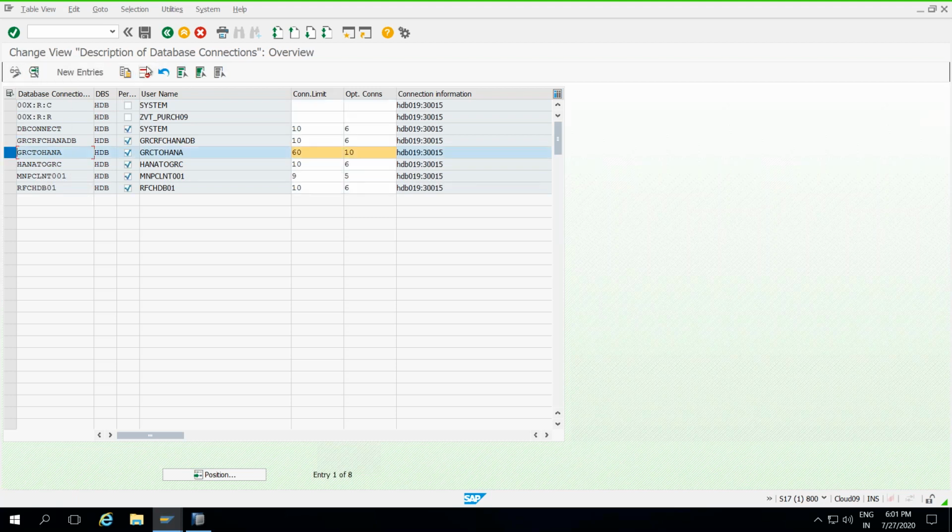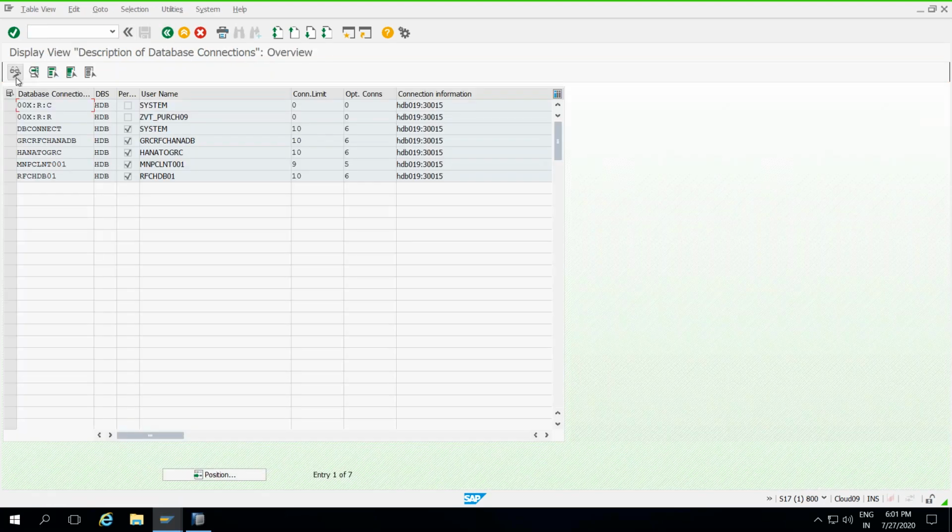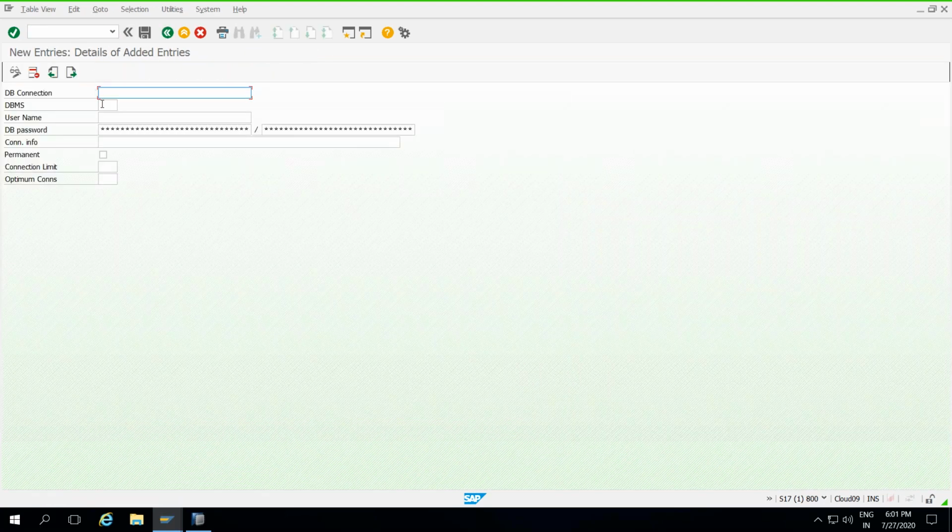Go to DB, click on change, click on new entries. Give the data, the same thing: GRC2 HANA, HDB, and username GRC2 HANA, password.